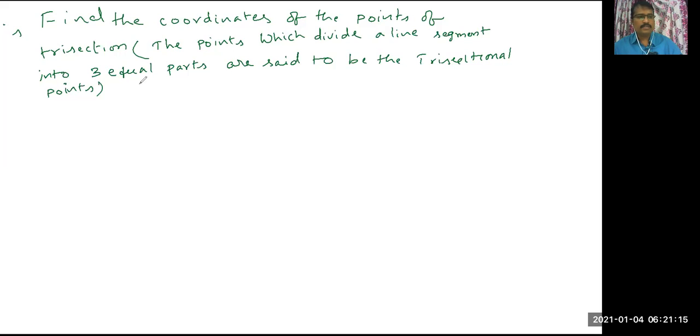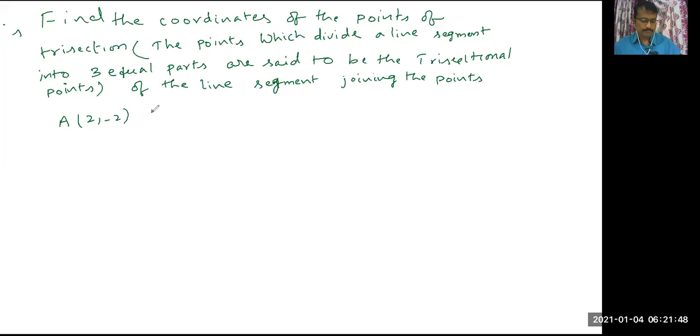Trisectional points of the line segment joining the points A (2, -2) and B (-7, 4). So 1 minute. Right. Solution is